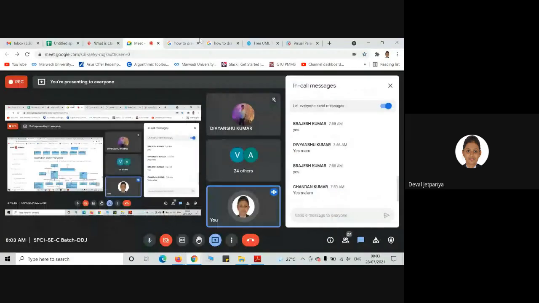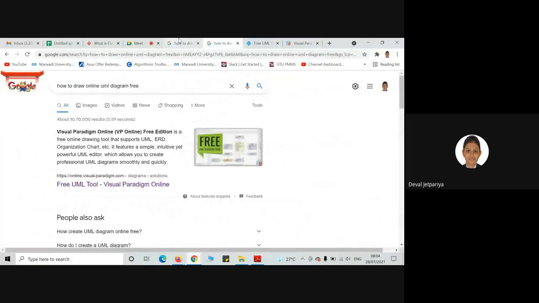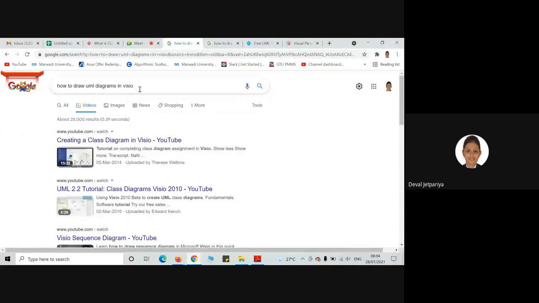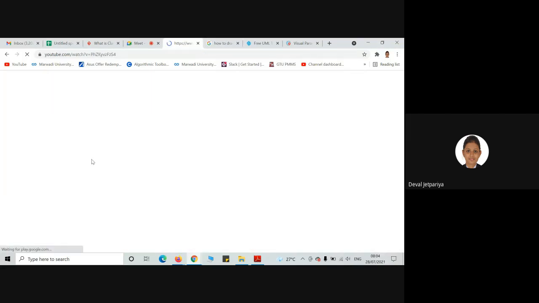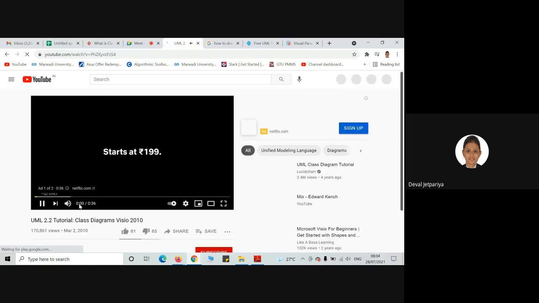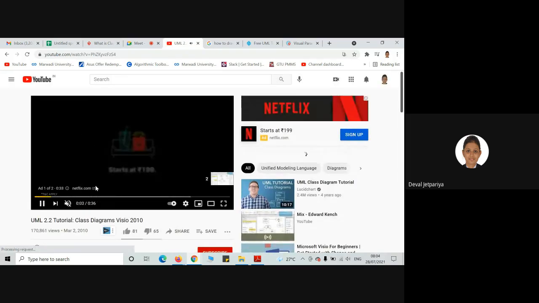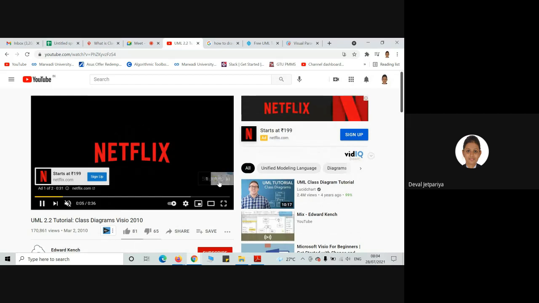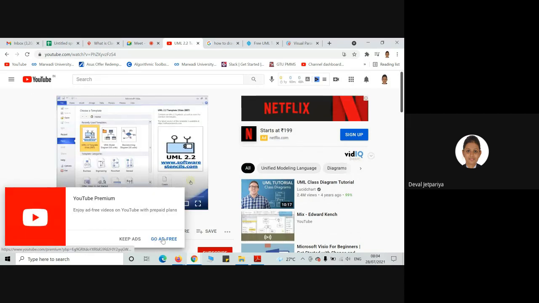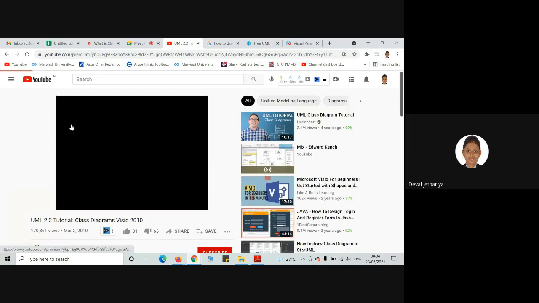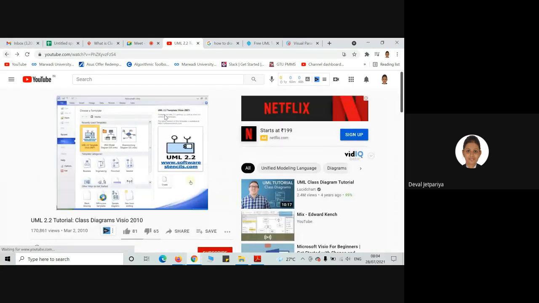So you can see over here, there is one tool called Visio. Not Visual Studio, but Visio, right? So you can download that tool, or else you can see the video on how it is useful. Here they have given a total description about that. It is quite a good tool, right? But right now I do not have that setup with me. But you can download it.